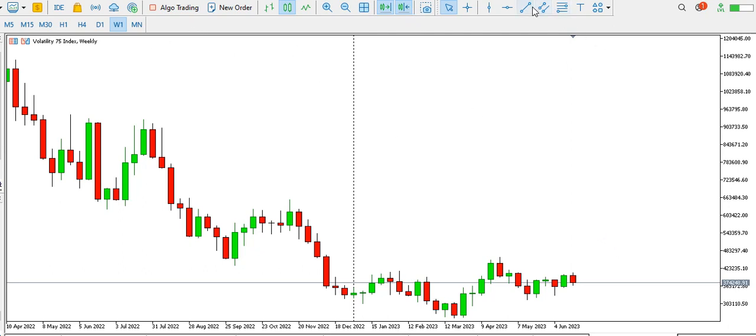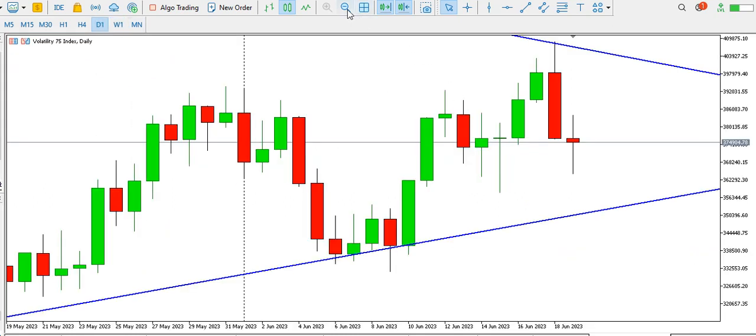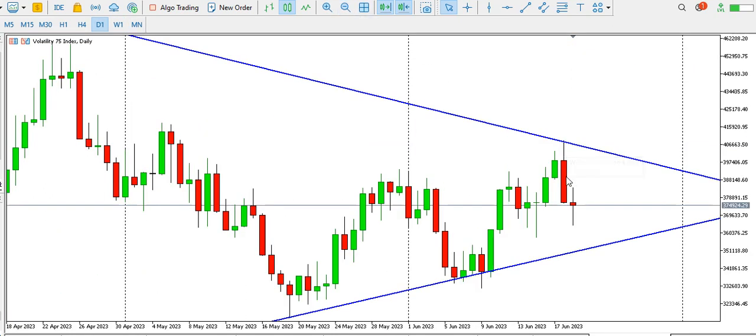On the weekly time frame, what I have is that the price of V75 is ranging. I have like a triangle. Okay, price ranging. I'll be expecting price to break out of this triangle on the weekly time frame. On the daily time frame, price ranging, but we have this particular